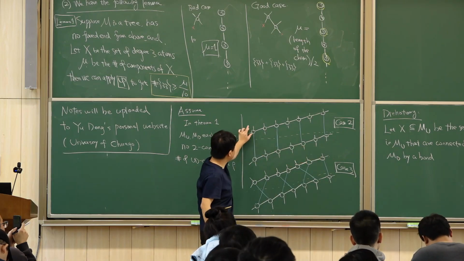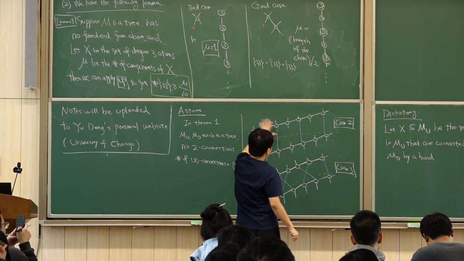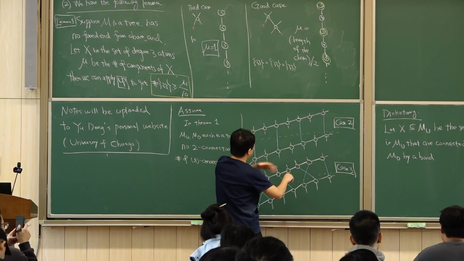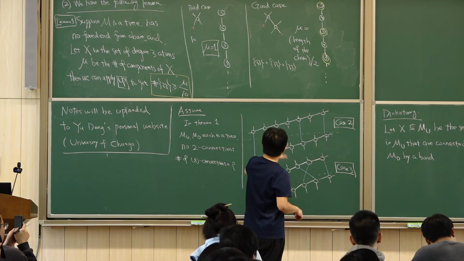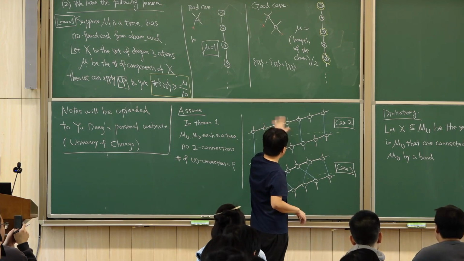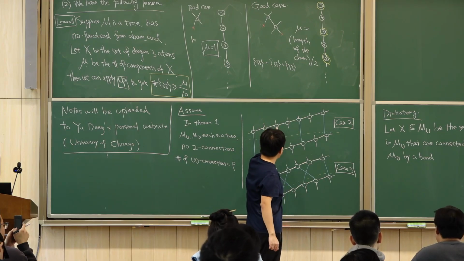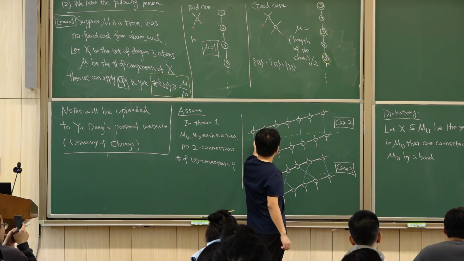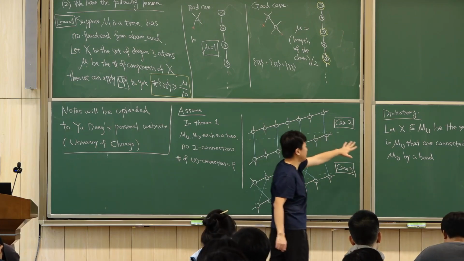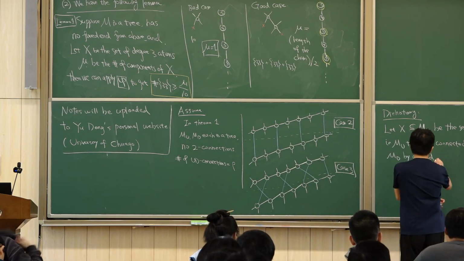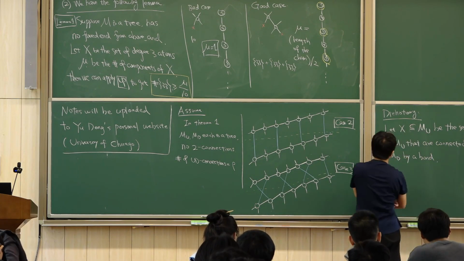Let's say in the upper layer. In our case, it's symmetric, but in the actual case, there is a little bit of asymmetry, but that's fine. So let's look at the top layer. X is a set of atoms in the top layer that are connected directly to the bottom layer by a bond. So the dichotomy is that